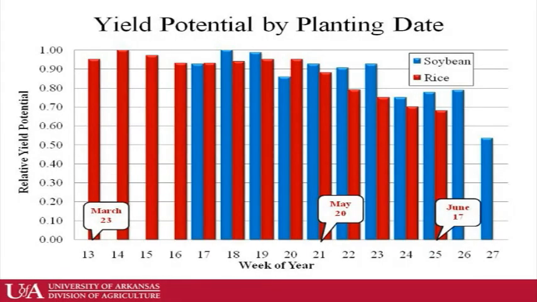And these are the results for rice and soybean. Rice again is in red bars and blue is soybean. And these are not absolute numbers. We can't just say that we expect a certain percentage if we plant a certain week. But the idea is, we sort of have a plateau for rice up until the second, third week of May, and then it starts decreasing relative to earlier in the year. We have a nice little stair-step reduction in yield potential for rice. Soybean has something similar. It has sort of a plateau early on, and then a steady decrease in potential yield.